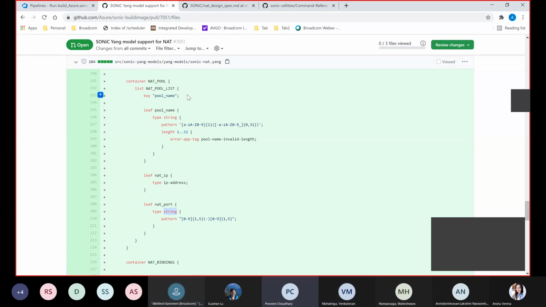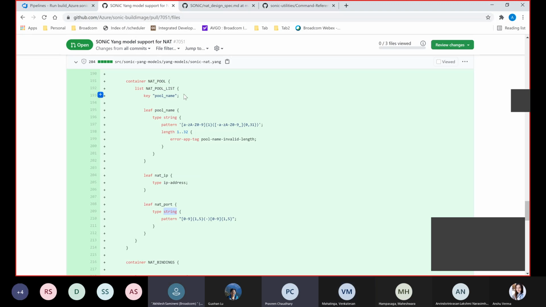Yeah, I think in version 1.1, or even before, max-elements is supported, right? Then I should add max-elements here. So is that in RFC 6020 or 7950? I mean, from which version was it supported, or was it from the start? Basically, if it's supported from a later version, then at the front you have to specify the YANG version, and after that you can use max-elements, and it should work.